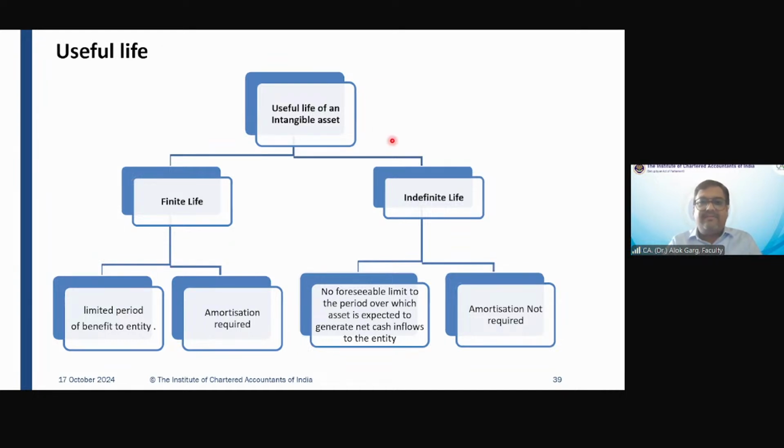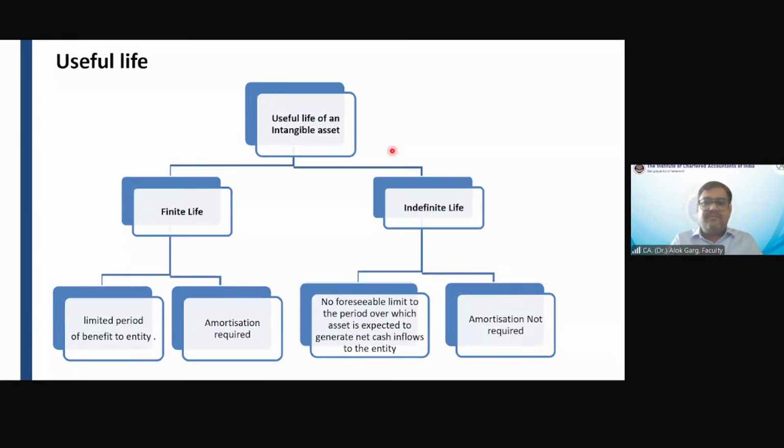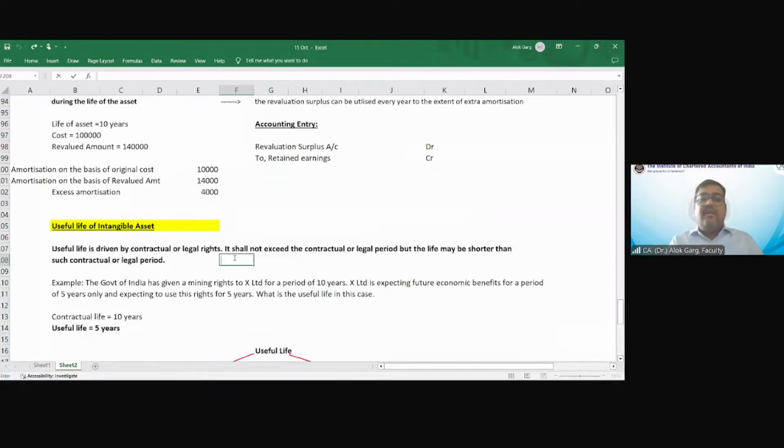Perfect, my dear friends? समझ आया या नहीं आया? Is that clear or not clear? Clear in mind, sir. Clear in mind. Very good. Now it will get more clear. I am taking you to the Excel file and I'll give you a more complex scenario. I hope the Excel file is visible. Is it visible? Yes, sir.